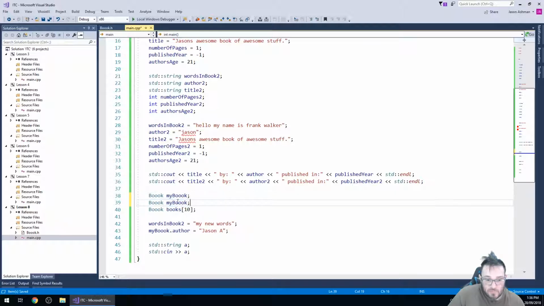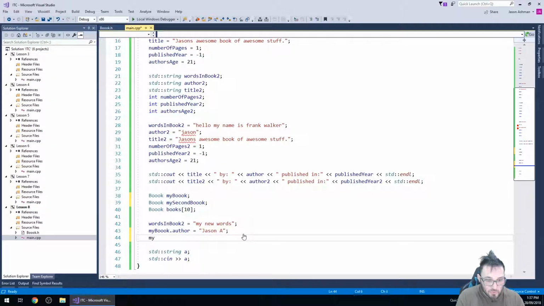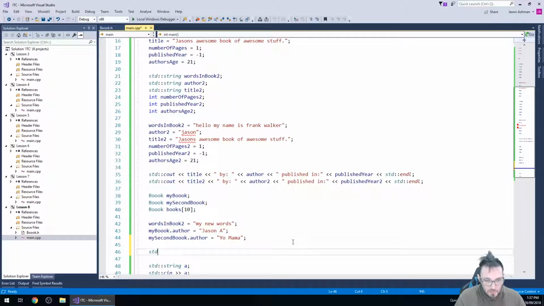Let's go and create our second book again. Because now we can go, my second book dot author is equal to Yo Mama. Because I'm a very intelligent person, I make the most intelligent jokes. And now, if I was to go C out, and once again, just like using a string or any other piece of data,